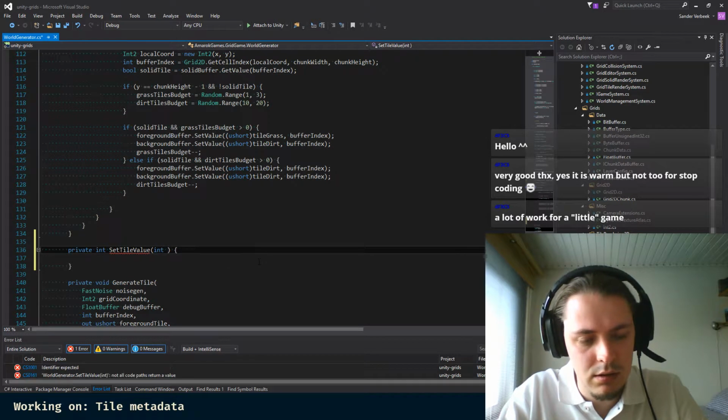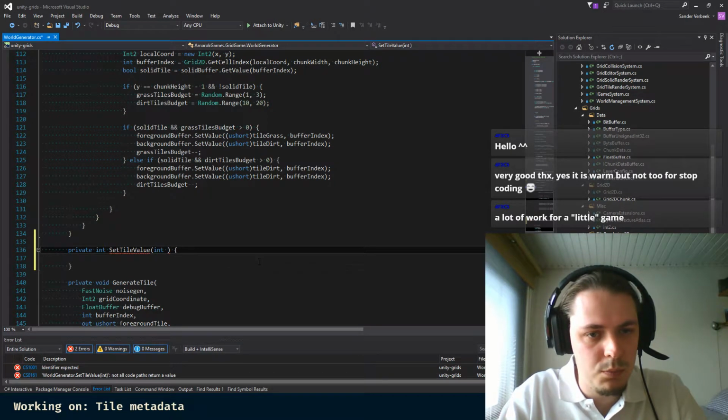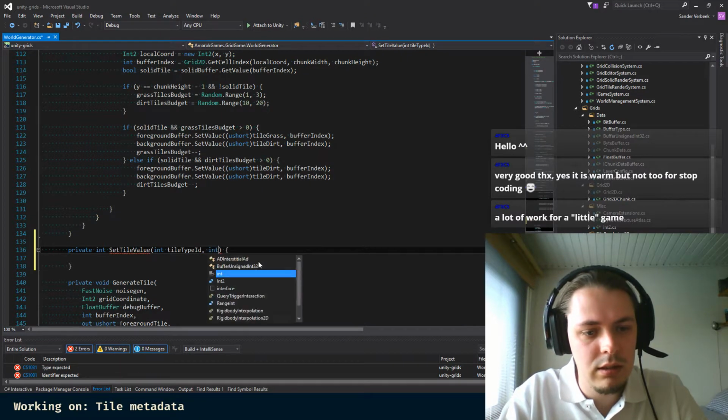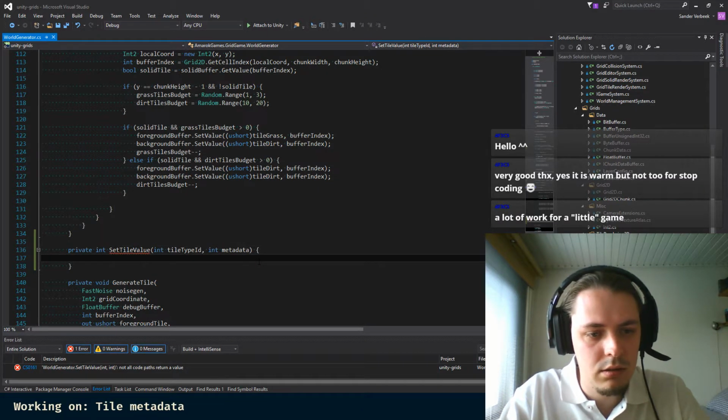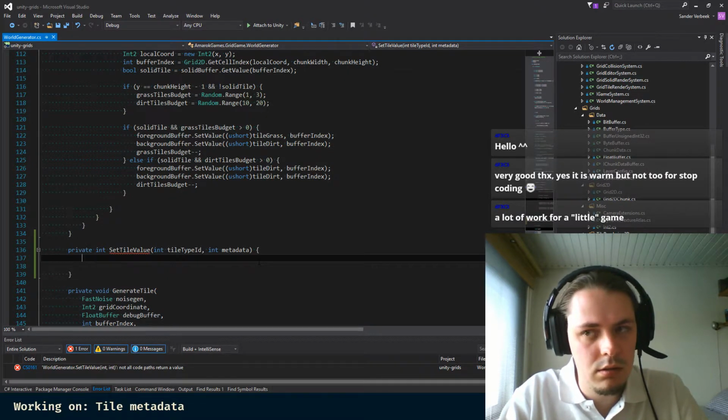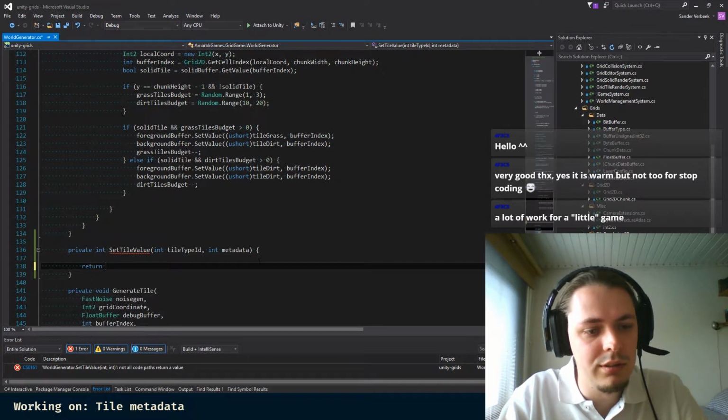Int tile type ID. So then what we are going to return is